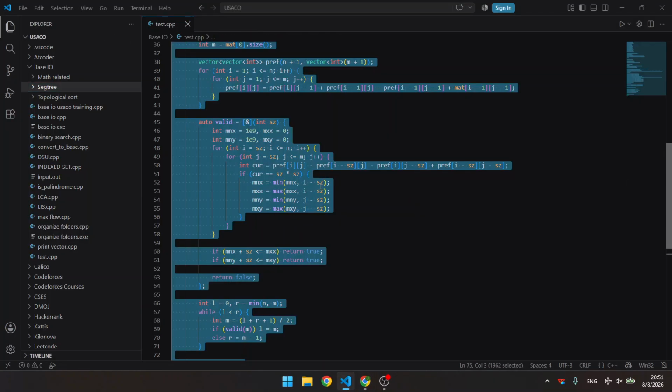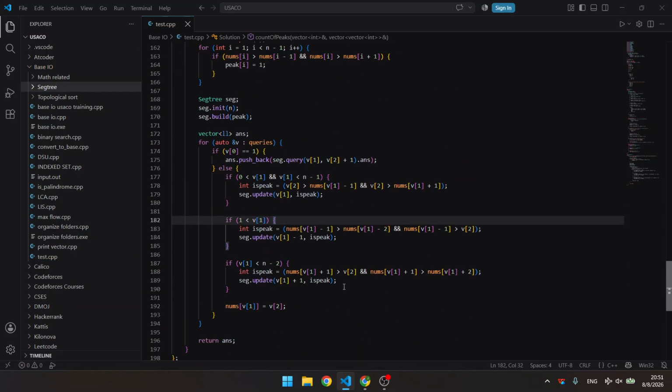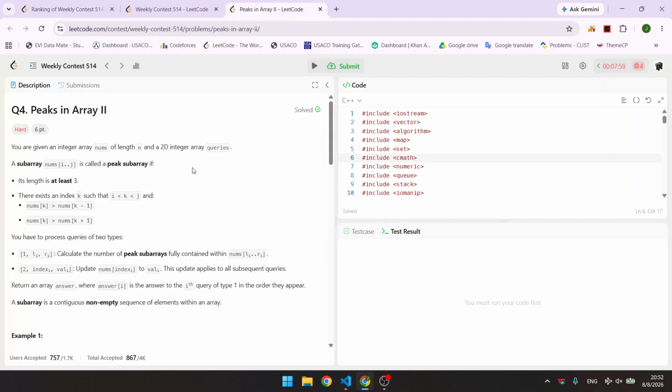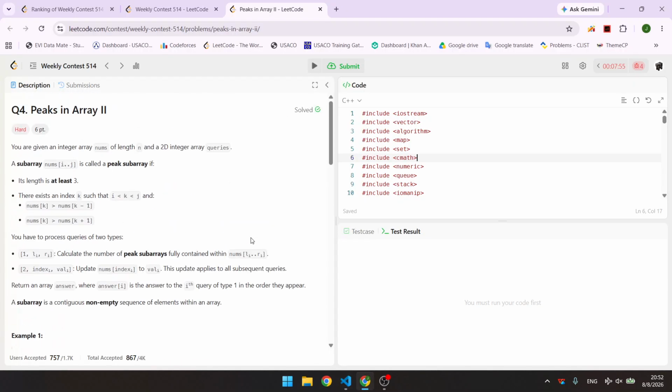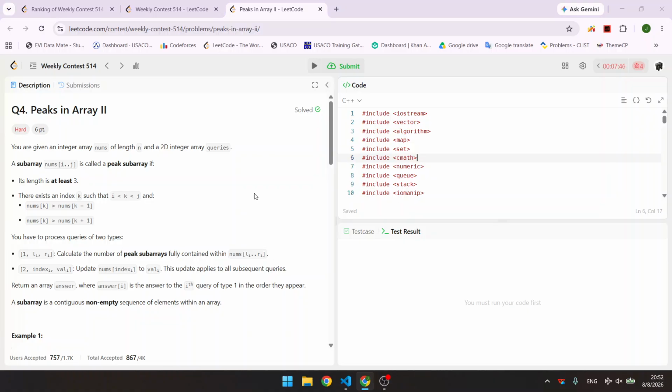Next up is Q4. Okay, so Q4 is a pretty good problem. It's a segment tree. Well, I could say segment tree, I don't know if that's the intended solution, but I'm going to explain the problem really quick. I'm going to try to spend longer on it. So first,